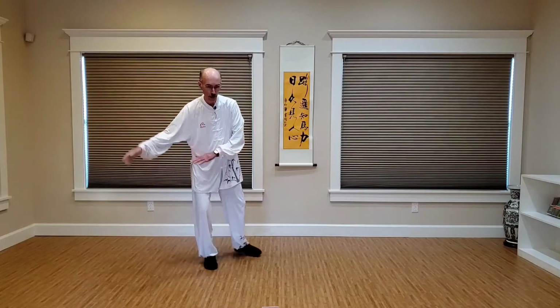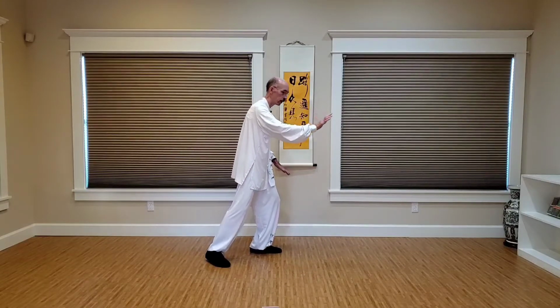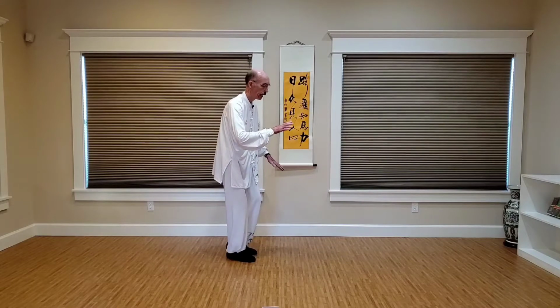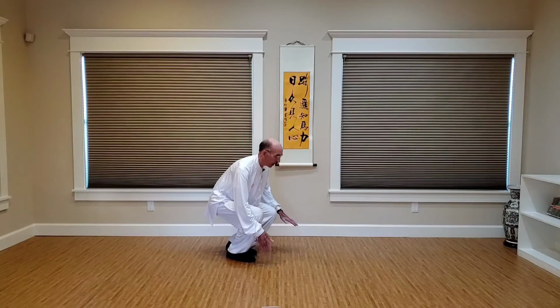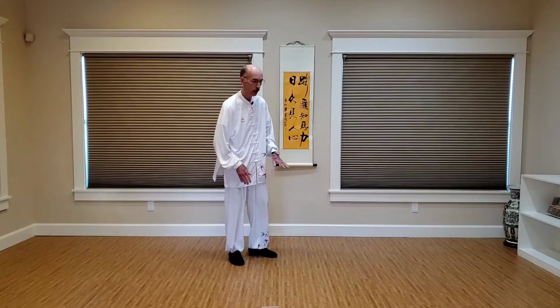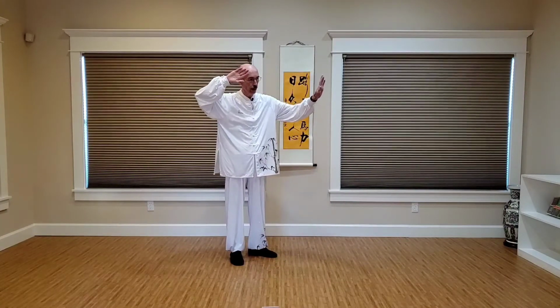So once again, from the brush knee, push, weight forward, bring your right foot forward, draw the foot in, and sink, and sink. Touching with your hand, fingers out a little bit. And then we're going to get into the next movement, which is called spread arms like fan. So spread arms like fan, when we come up, we're going to move our hands out like so, extending them